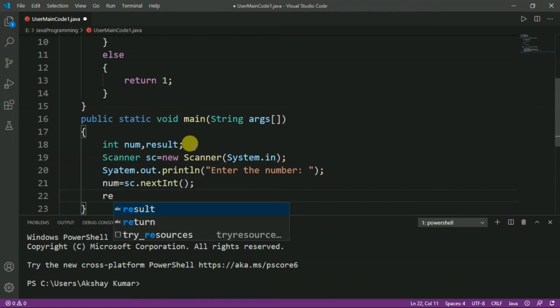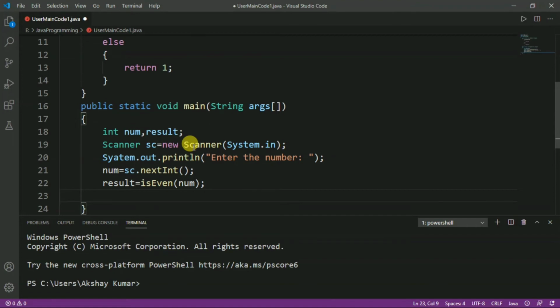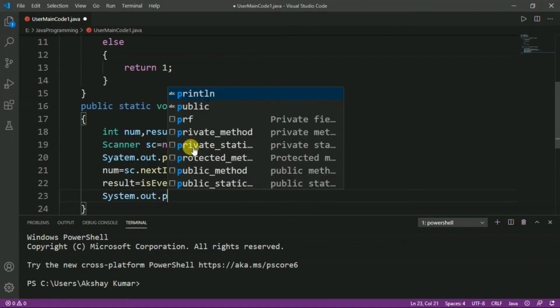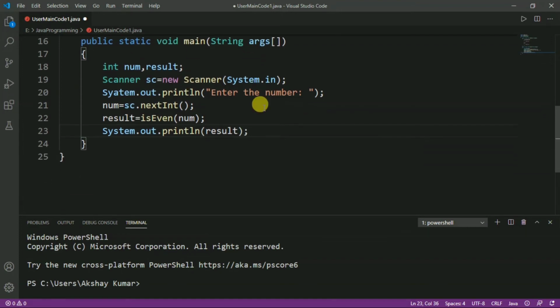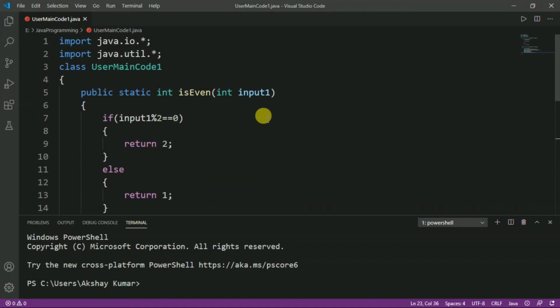After that, we will call the function and store it in the result variable. So, result equal to our function name, even, and here we pass the actual argument, which is number. Now, we will print the result with System.out.println, and let us press Ctrl S to save the program.